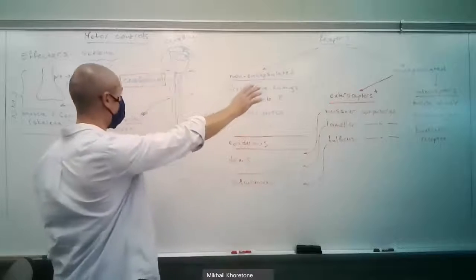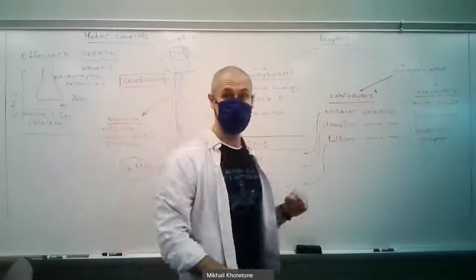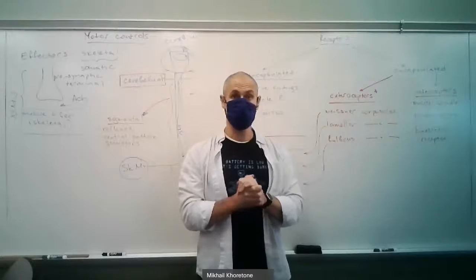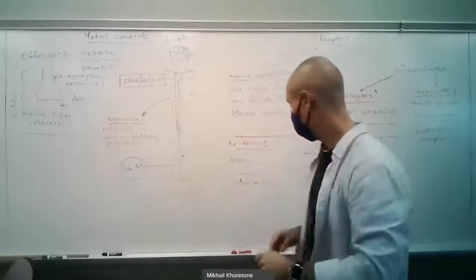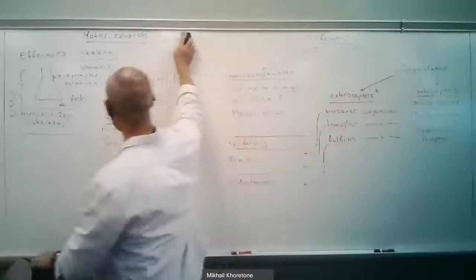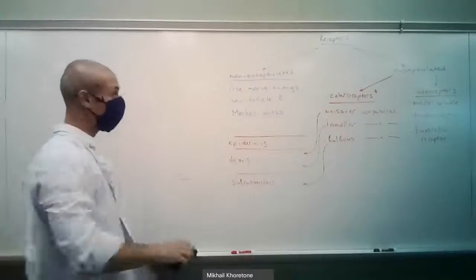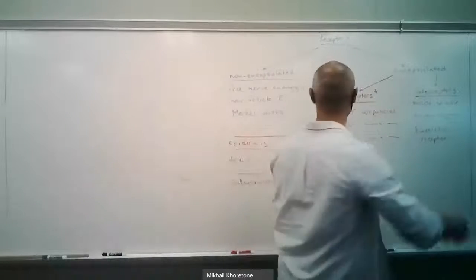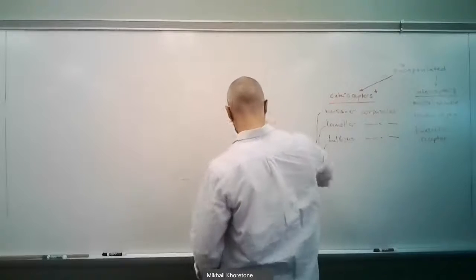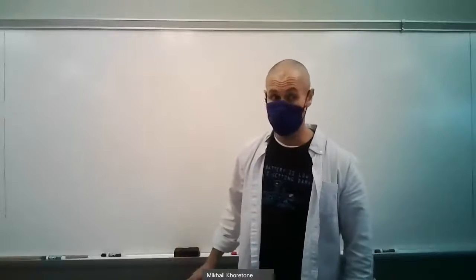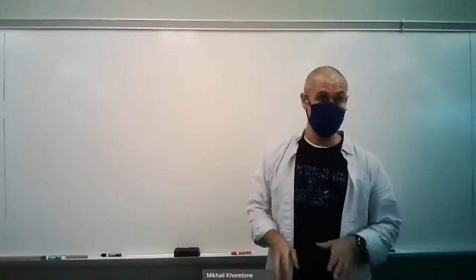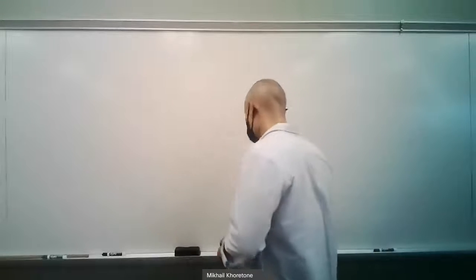Okay. So we talked about receptors, talked about motor controls. Now we're going to start talking about reflexes, but before we actually get to the reflexes, I want to discuss the structure of one particular receptor found in the skeletal muscle, specifically the muscle spindle. There will be a lot of terms, which I will try to make sense of, okay? So we will start